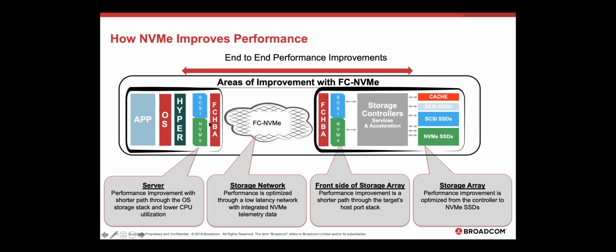So therefore, transactions have a shorter path through the IO layer on the server. And the same thing applies on the controller side. Then within the controller, storage media can be attached either with SCSI or with NVMe. Obviously, if you're running NVMe attached storage, then there's the opportunity to get to the lowest latency numbers within the